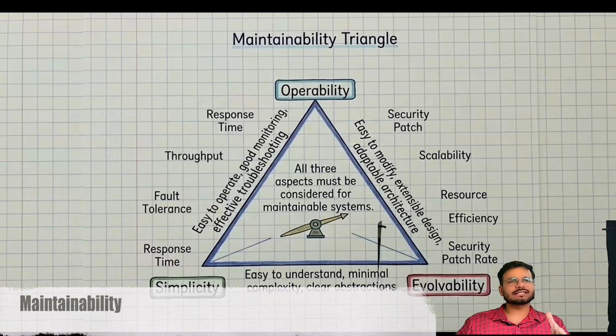For evolvability, design for change. Use loose coupling between the components. Make it easy to add new features without modifying existing code. This is where good API design and clean architecture patterns really shine. So there you have it. The three pillars that could have saved Knight Capital $460 million, and more importantly, the framework that'll help you